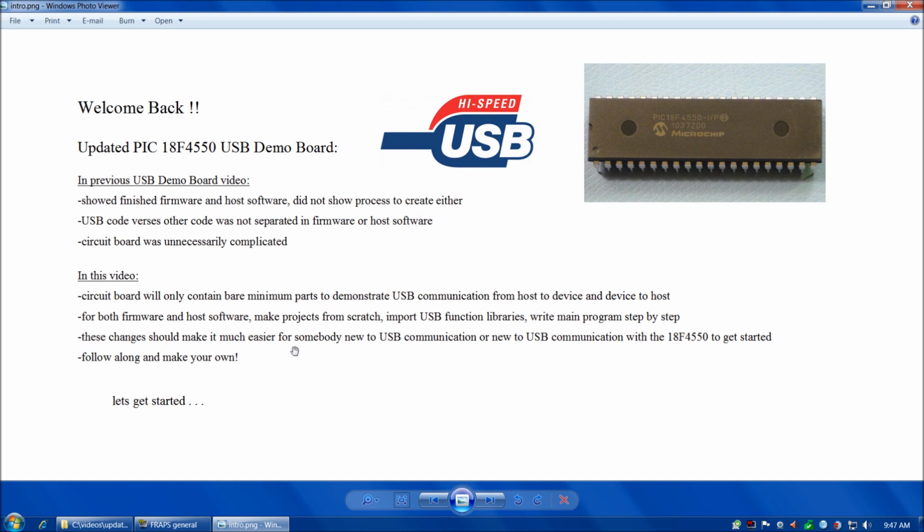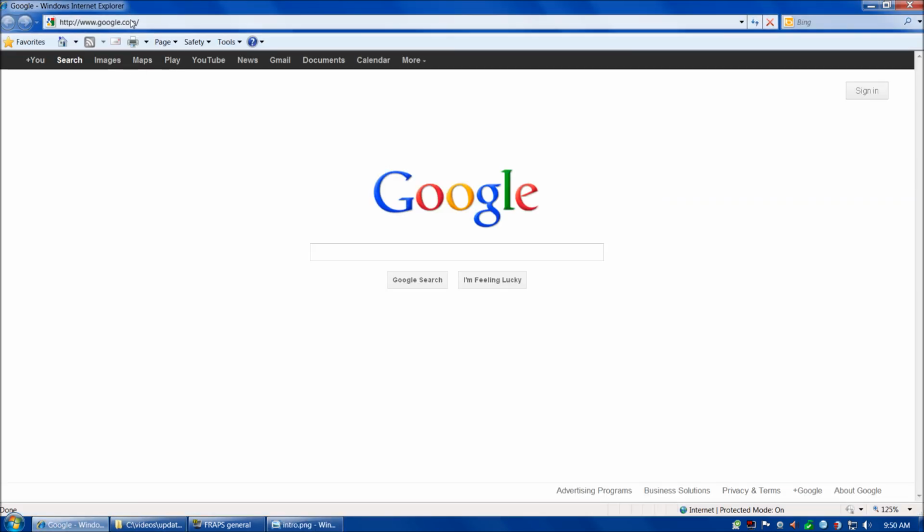These changes should make it much easier for you to make your own project if you're new to USB communication, or if you're new to USB communication with the 18F4550. So I wholeheartedly encourage you to follow along and make your own. Let's get started. Okay, so to get started today, we're going to go to